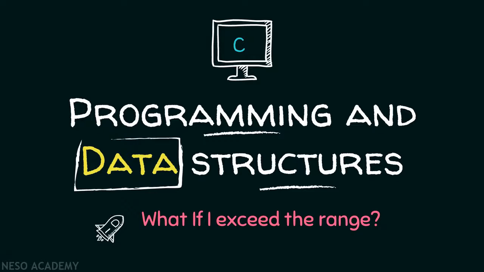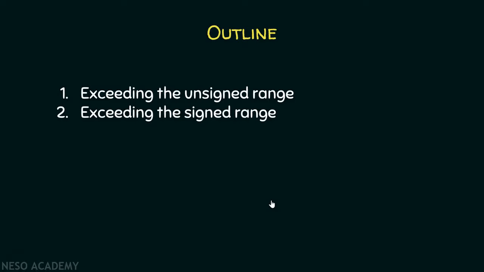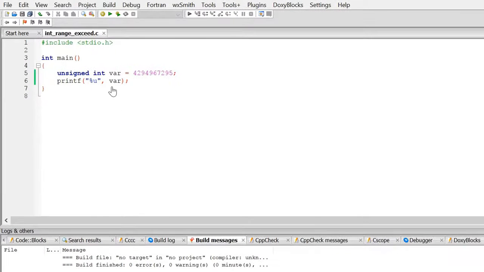Today we are going to address a very good question: what happens when we exceed the allowable range? In this session we will talk about the range exceeding condition of integers, both signed and unsigned, and a similar concept is adopted on other data types as well. So let's get started. Here in this example, I have provided an integer variable, and that too an unsigned integer variable,